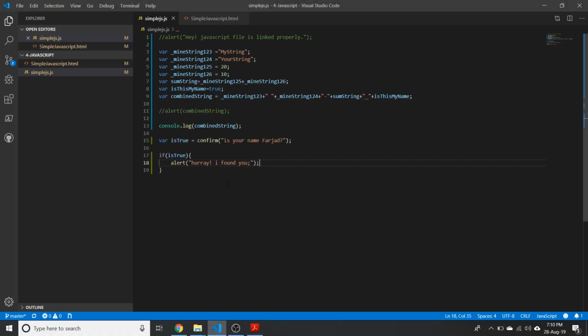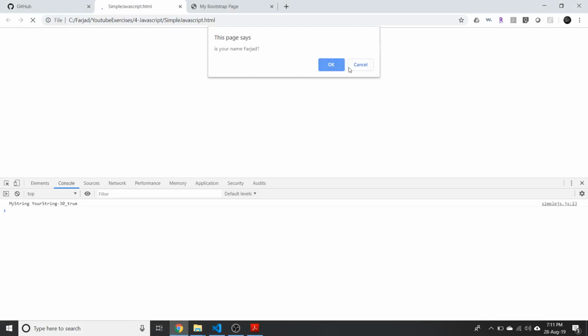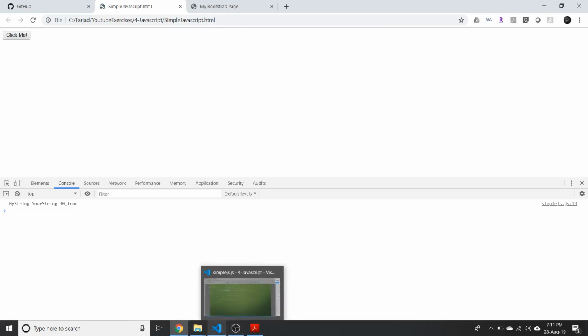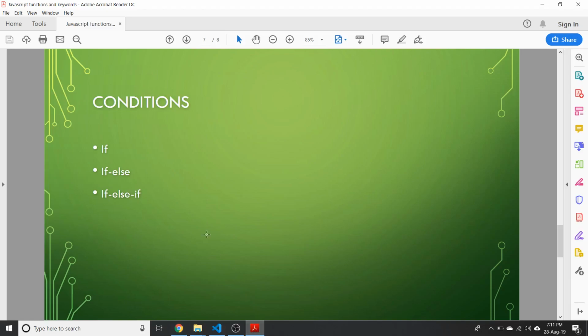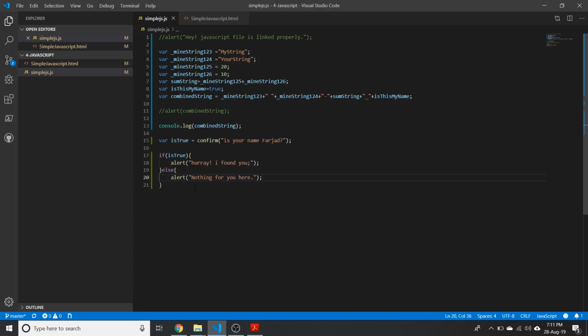But if it's not true, alert, nothing for you here. So if I reload the page, if I say cancel, it says false, nothing for you here. So similarly, we can do this to perform some operations with prompt as well. So if and else, you already saw that we did condition with if and else. We can do if else if, which is gonna be, let's say, prompt,